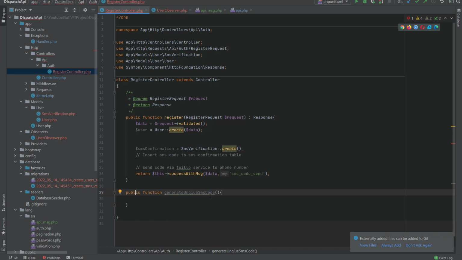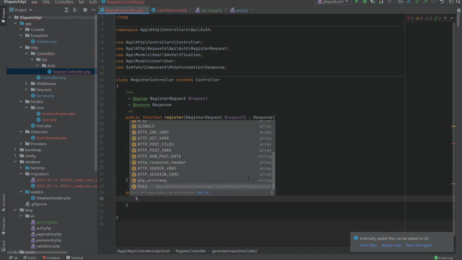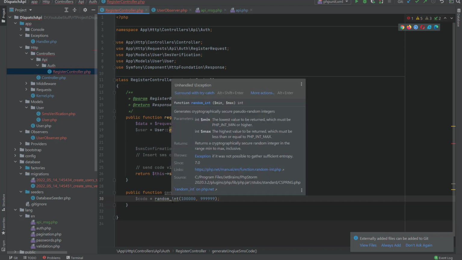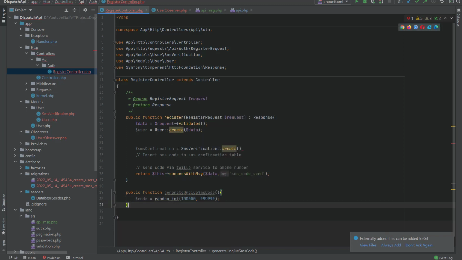This one I'm going to generate a unique SMS code. So to do that, let's say a 6 digit code, and we use random here, and then let's